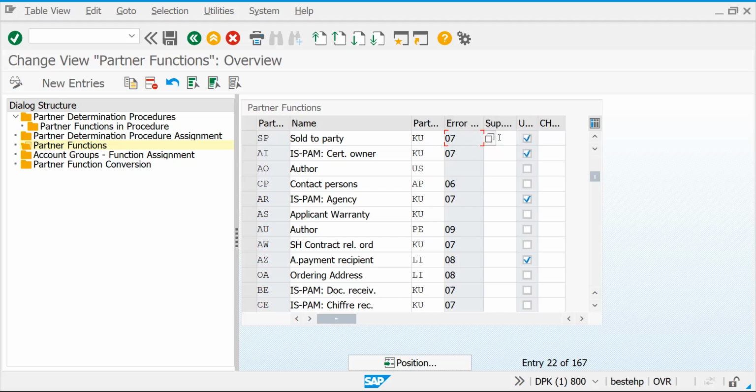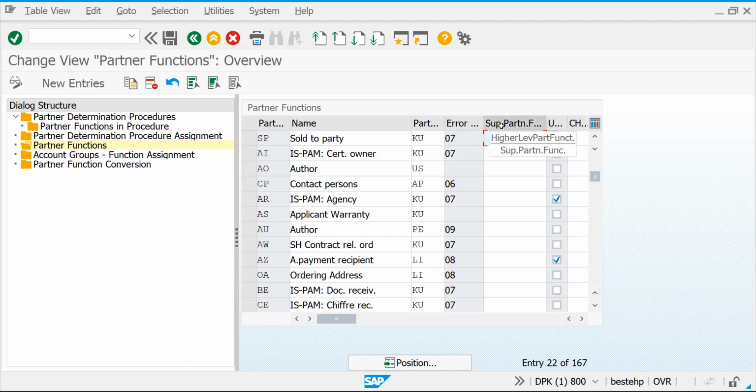Let's try to understand this. What is written? So if you have a branch office, under the branch office you have certain customers defined, certain small offices or small locations defined. In such cases we are going to use this subordinate partner function. Okay, so let's take an example. If you go for 1A,